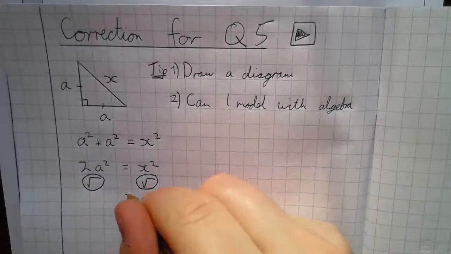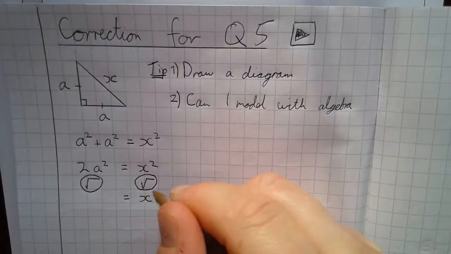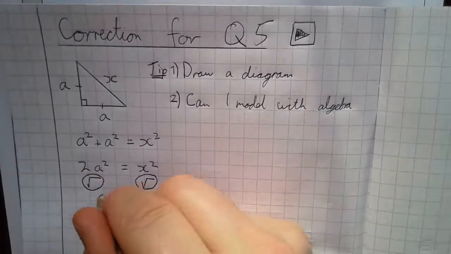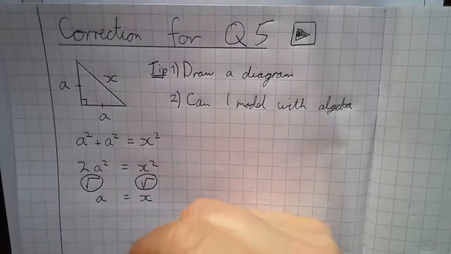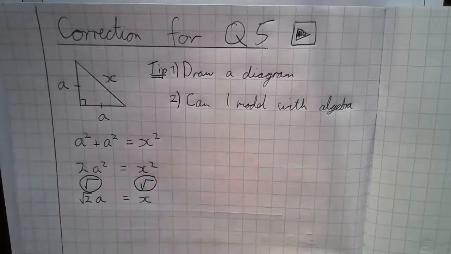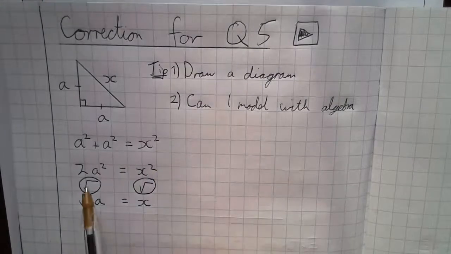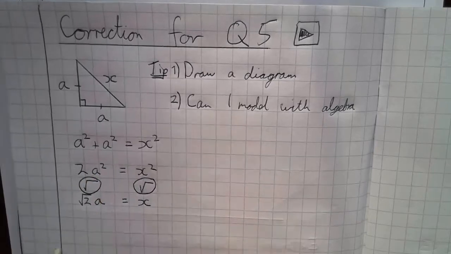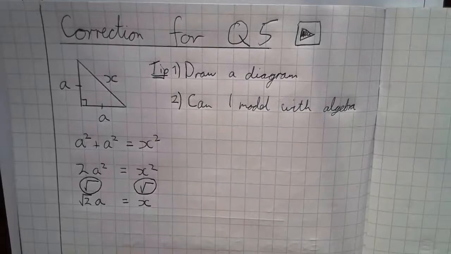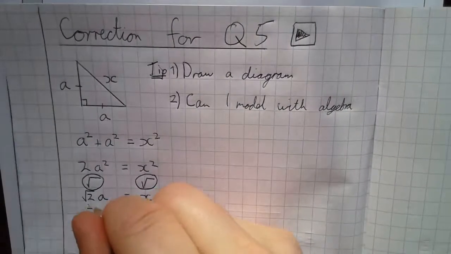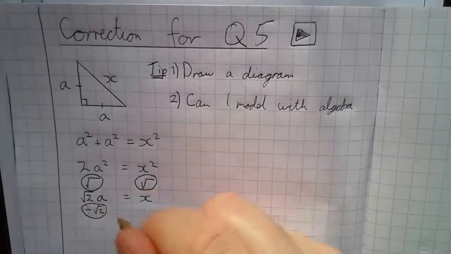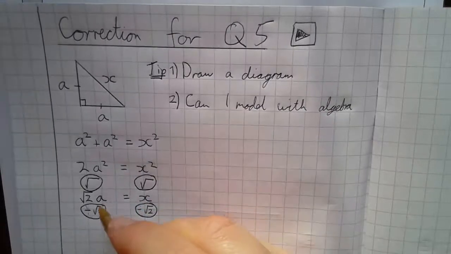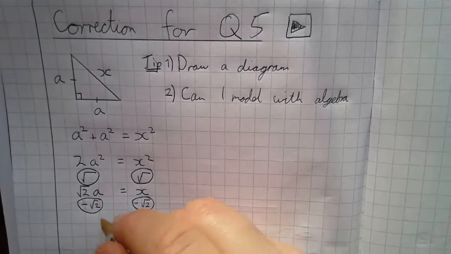Now, it's really important when I'm taking the square root here. X squared, the square root of that is just x. A squared, when I square root it, I get A, but I also have to square root the 2, so I get the square root of 2 times A. Both parts here have been rooted: my coefficient has been rooted, and my variable A has been rooted. So I've got root 2 A equals x. And if I divide by root 2 on both sides, I've completed my job of expressing A in terms of x. So A equals